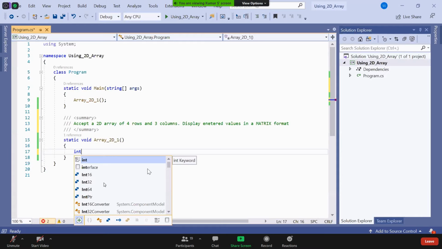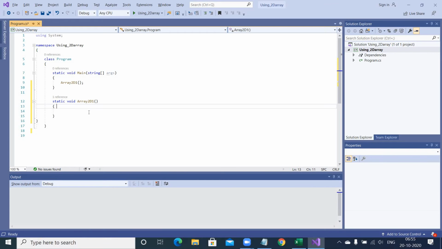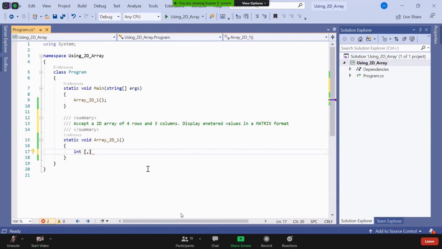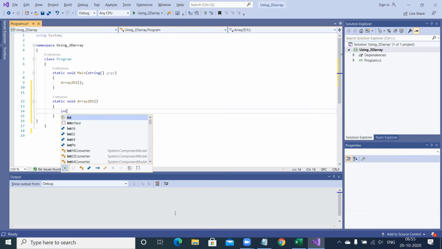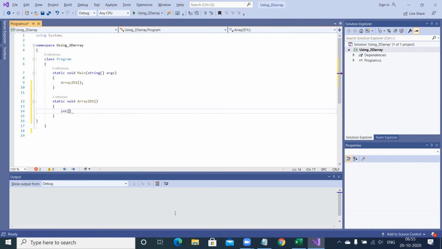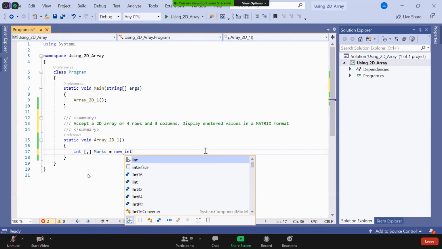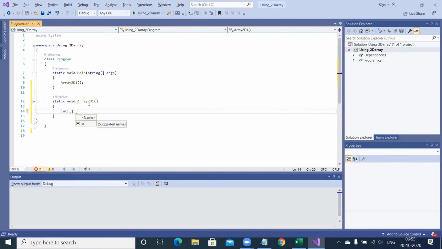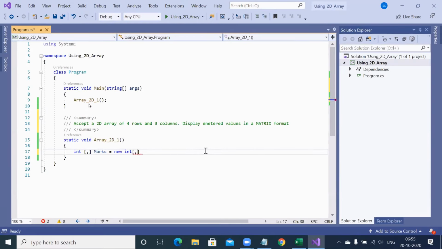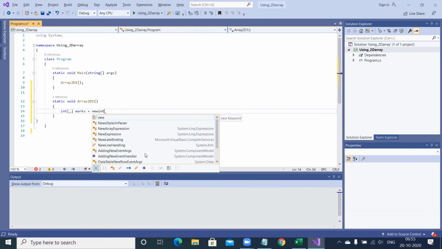I assume I'm going to store marks, square bracket with comma, because 2 dimension. The name of the array is marks because I want to store some marks, equal to new because I want to allocate the memory, integer because each element will be integer, square bracket with a comma because I want 2 dimension, before comma row numbers, after comma column numbers, semicolon.